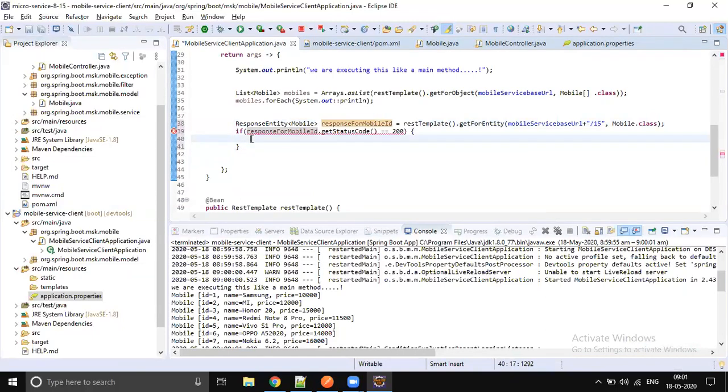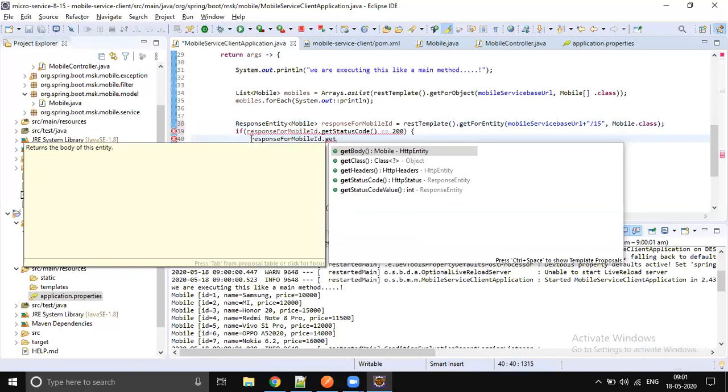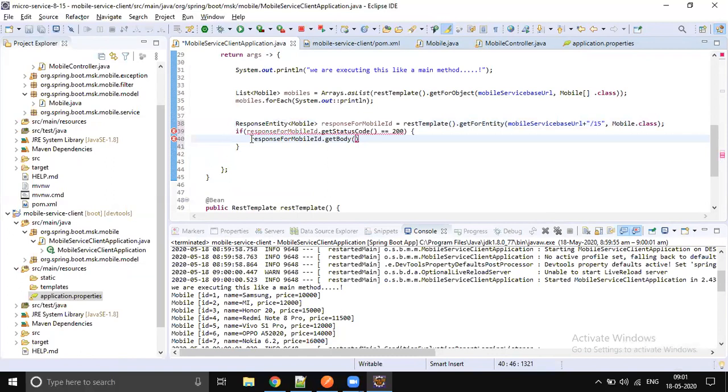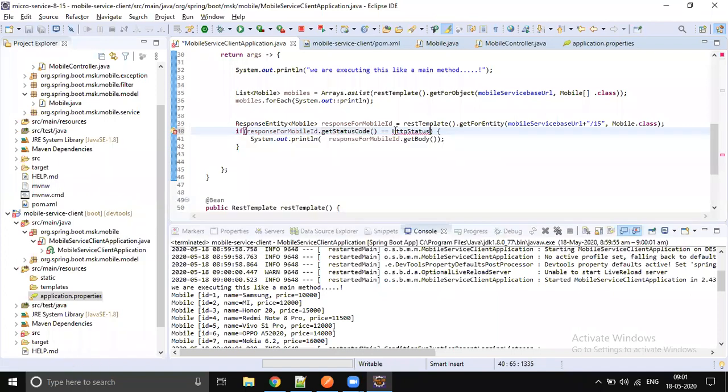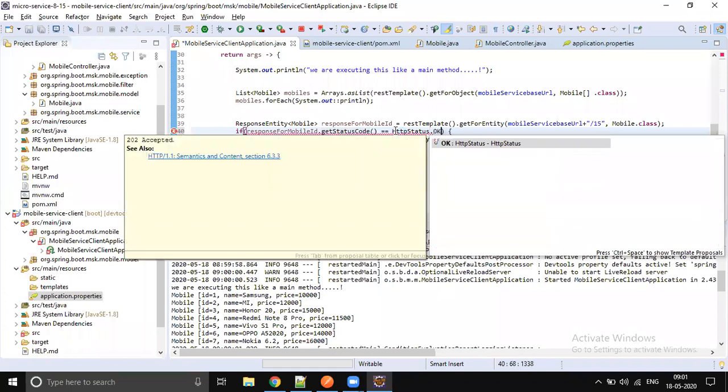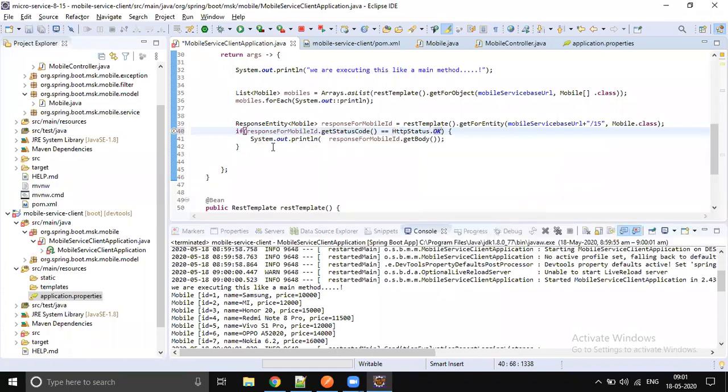So just get the body, getBody, and print it on the console with System.out.println. What is the problem? The status code is returning HttpStatus, it's not a number, it should be an enum. So HttpStatus.OK. If it is a success, print it.